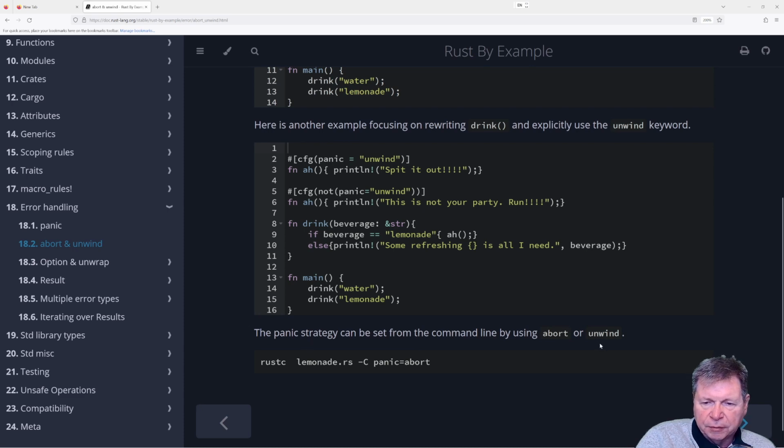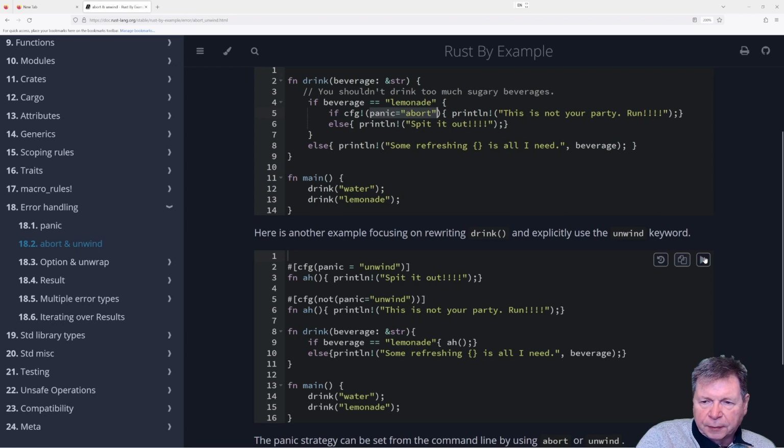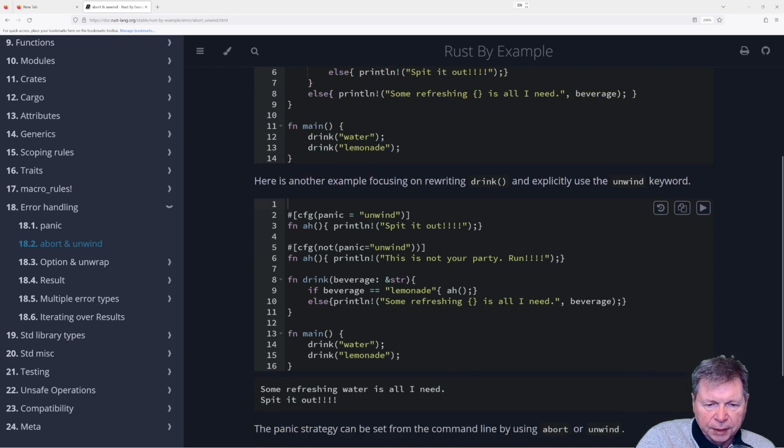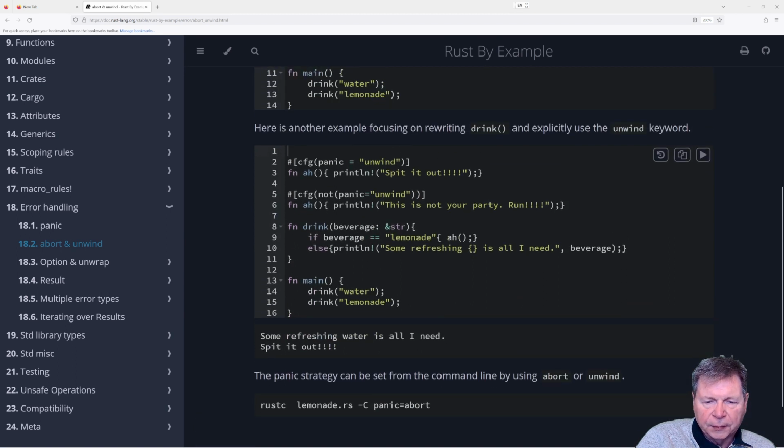Panic strategy can be set from the command line using abort or unwind. So, all right, let's run this one. What are we getting here? Spit it out. So it's the unwind. So if we change this to abort, and we run that.